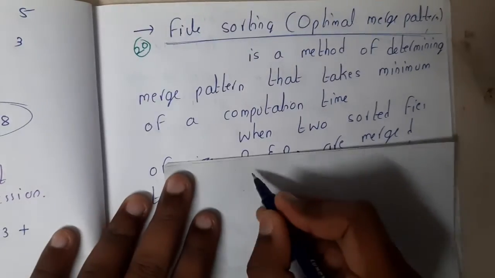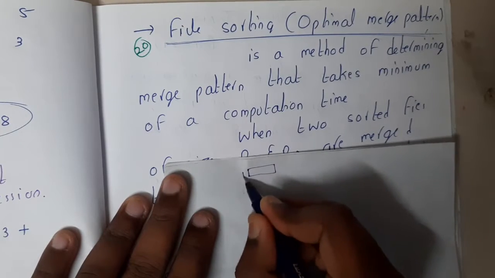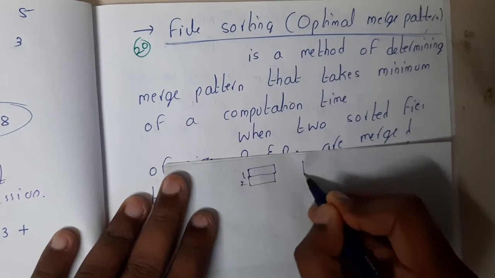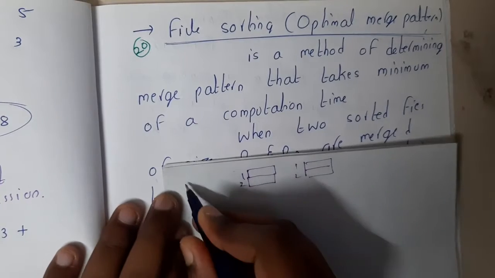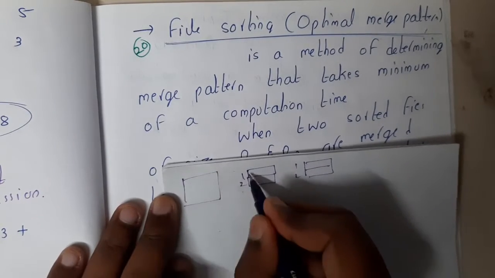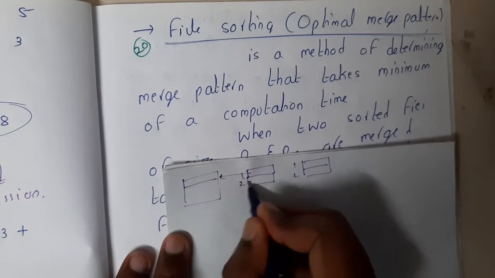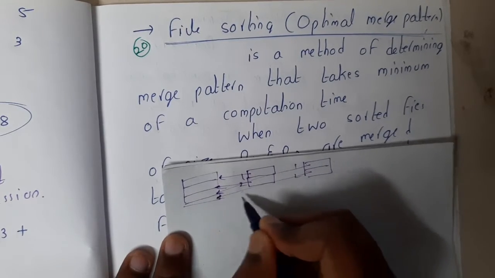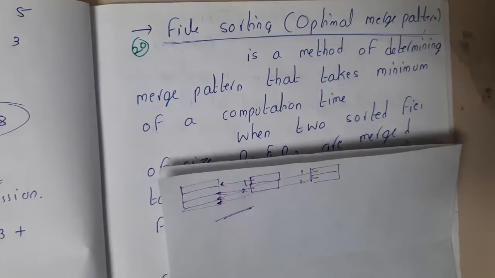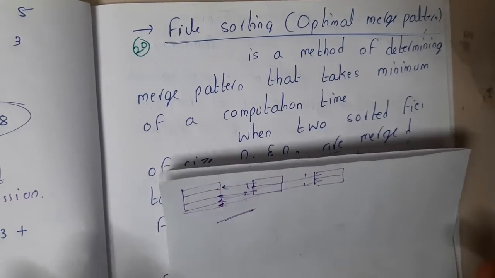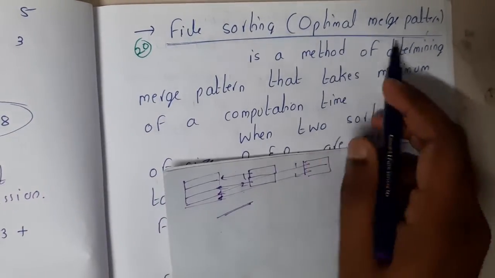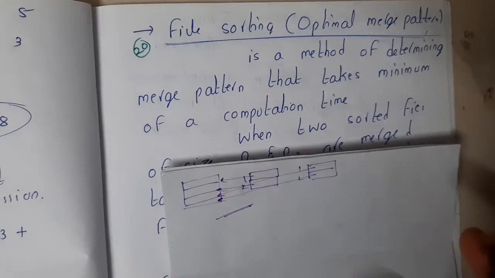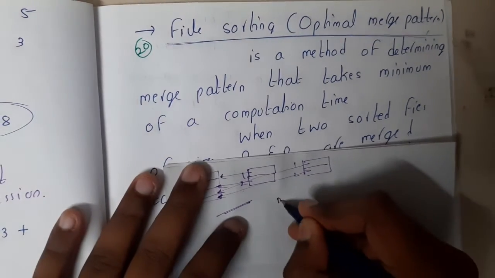Like if there is line 1 and line 2 here, similarly line 1 and line 2 in file 2. So here you have created a new file, and how many operations? This line you will take here, this line here, this line here, and this line here. So in that way, how many movements you are doing is the question here. And the question is optimal merge pattern, meaning you want to do it in optimal steps, in minimum steps.